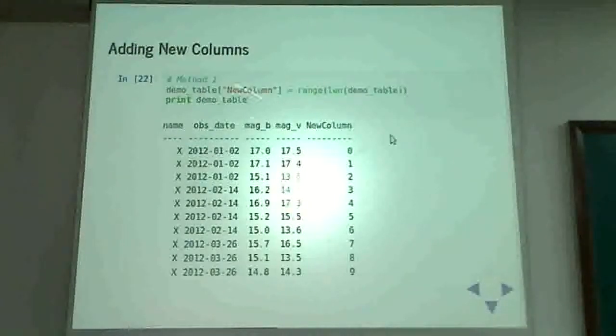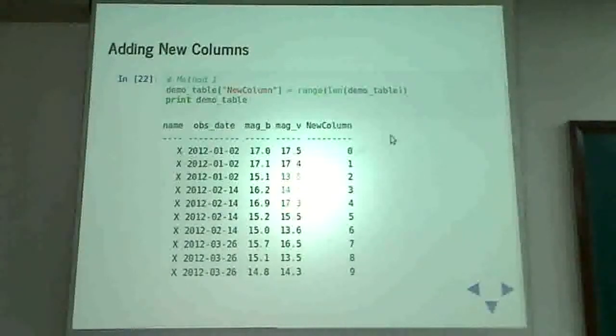So I'm directly creating a new column called new column. And I'm just saying it should be a list which contains numbers from 0 to 9 because the length of demo table in this case is 10. So I get a new column which is from 0 to 9. Now while this is very flexible, a key problem with this syntax is that the columns will always become the last columns.